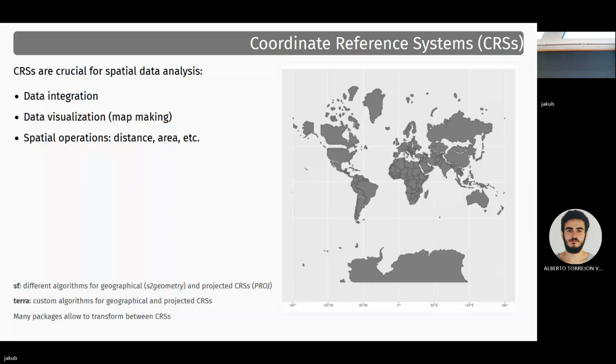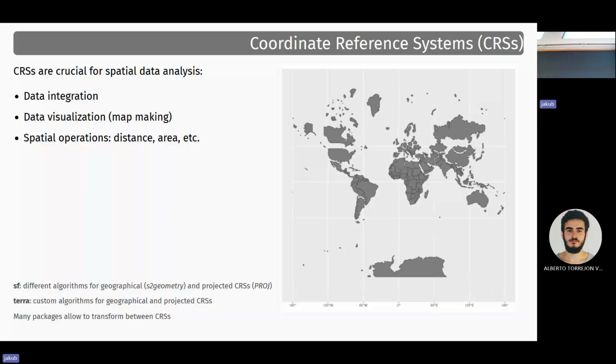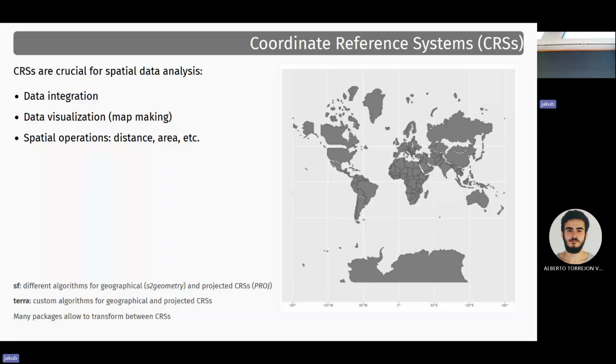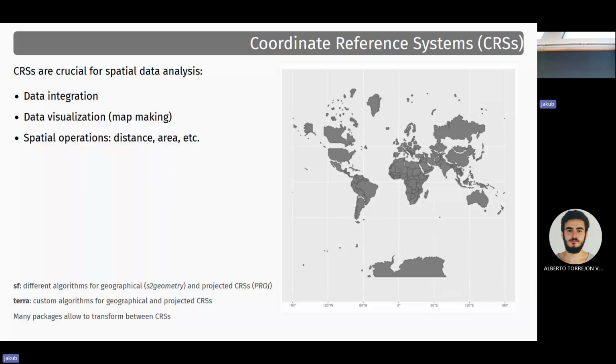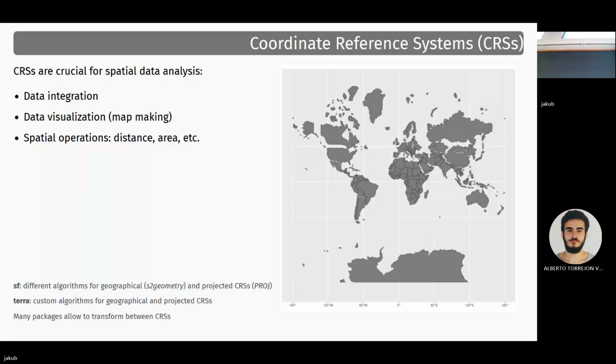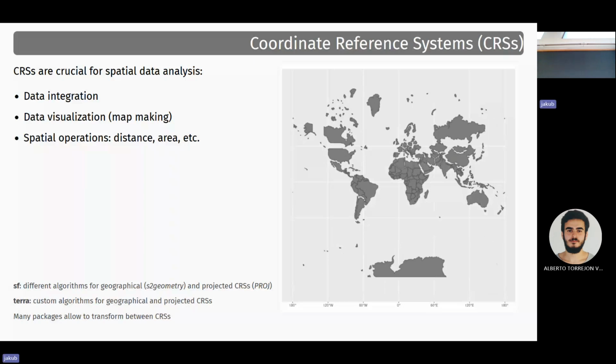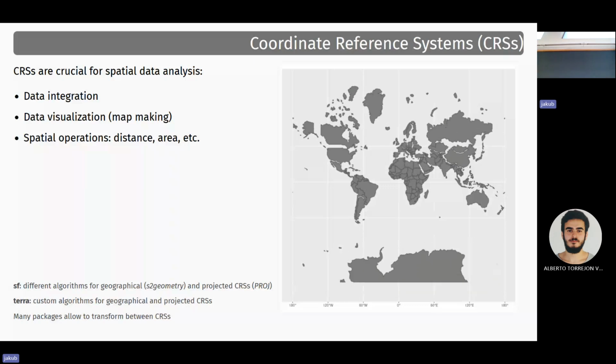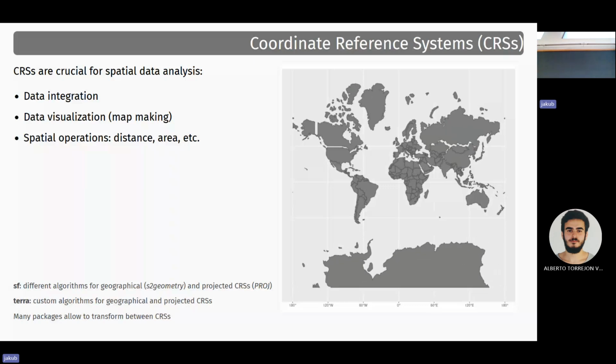But this projection distorts areas a lot. So you can see that Greenland could look as big as Africa, when in fact it's many times smaller. And this is why I want to highlight this challenge when working with spatial data, that you need to